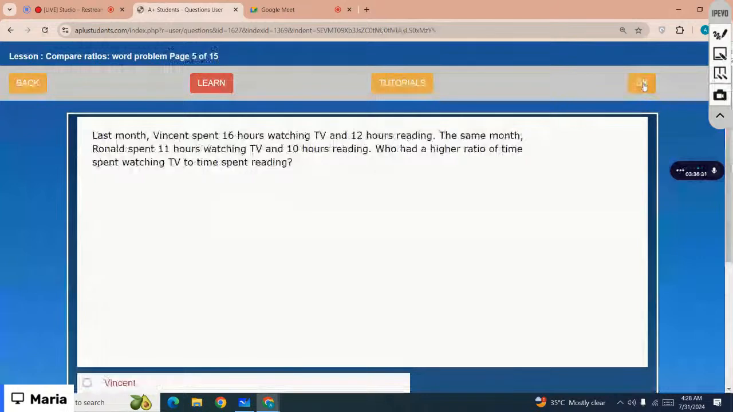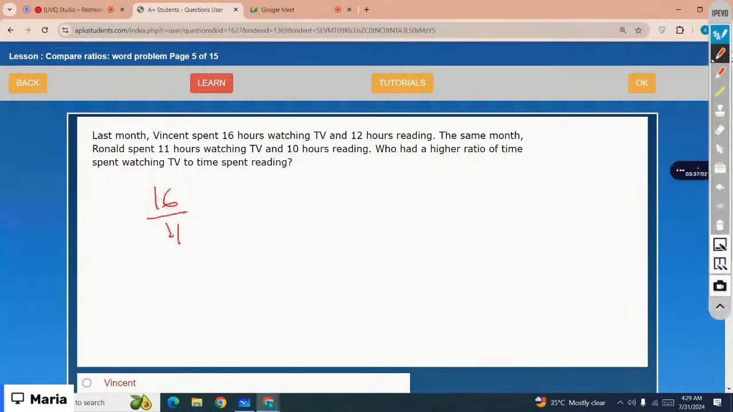Last month, Vincent spent 16 hours watching TV and 10 hours reading. The same month, Ronald spent 11 hours watching TV and 10 hours reading. Who had a higher ratio of time spent watching TV to time spent reading? So you have to see who has the higher ratio. Vincent has 16 to 21, and Ronald has